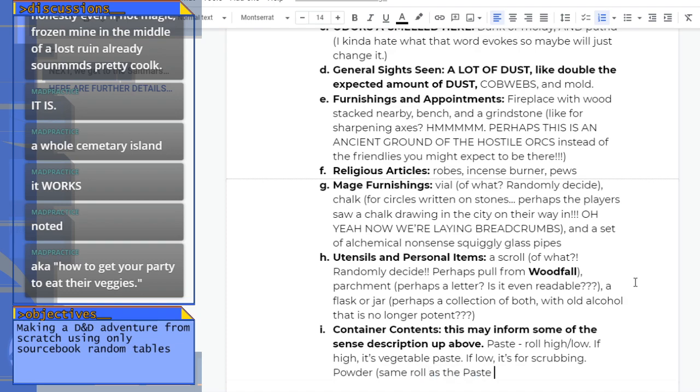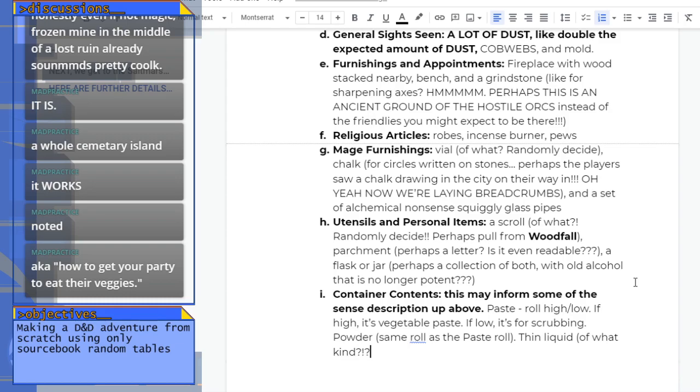As the paste roll. And third one's going to be 51. What are 50s? Yeah, okay. That's going to be a thin liquid. Of what kind? Perhaps, thin liquid of what kind? Perhaps it is quicksilver, which